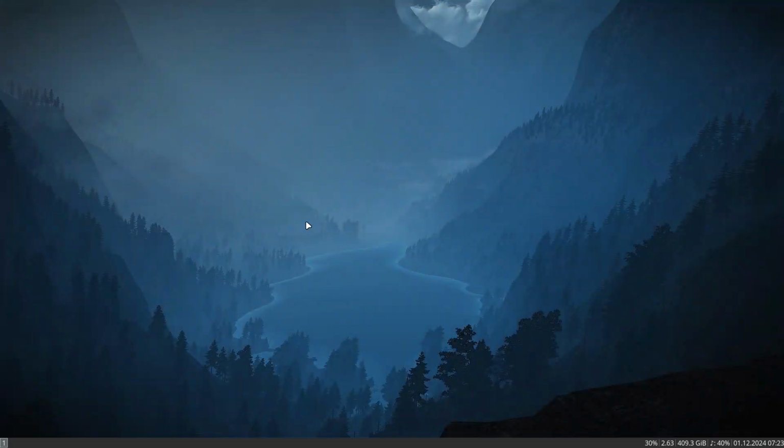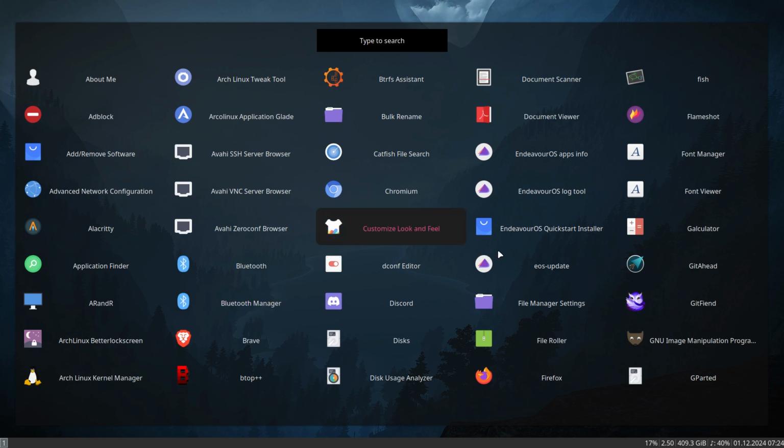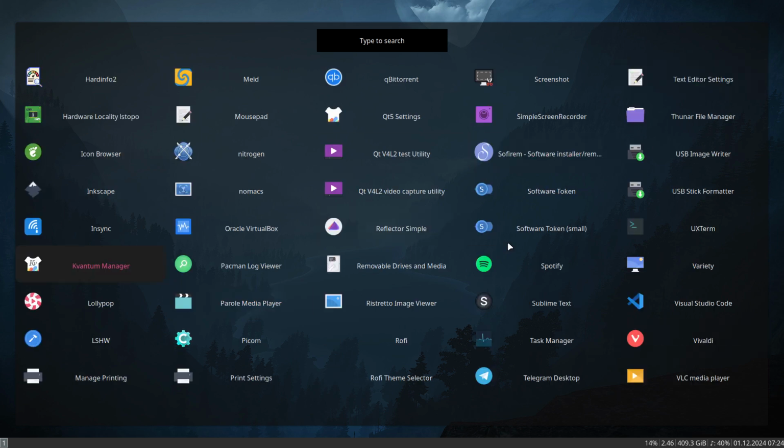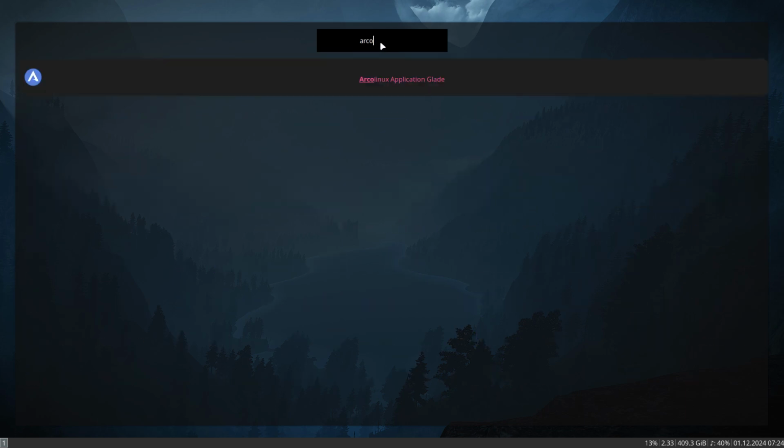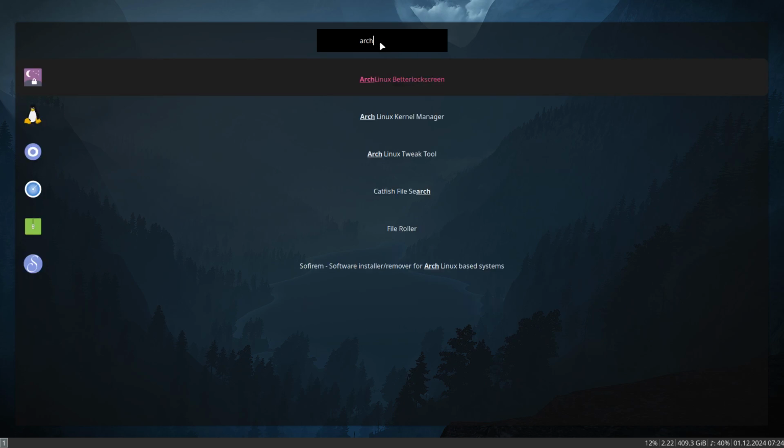Just key bindings, no menus, except maybe the super D, which gives you again a choice of what is possible to launch, because there will be things in here not from us, right? The refractor simple is here. If we type EndeavourOS, we see the things that are from EndeavourOS. If we type ArcoLinux in here, we get this: Arch, which is the better log screen, the Linux kernel manager, ArcoLinux tweak tool, file roller,